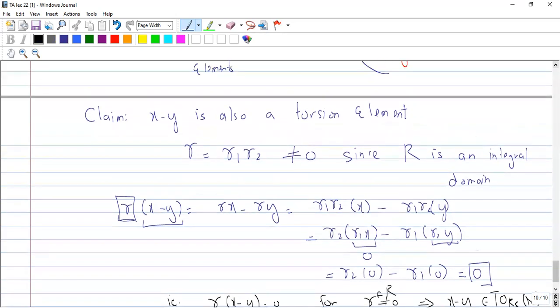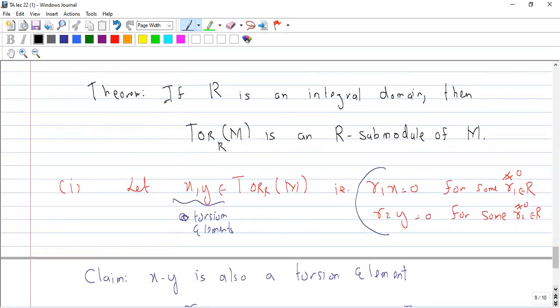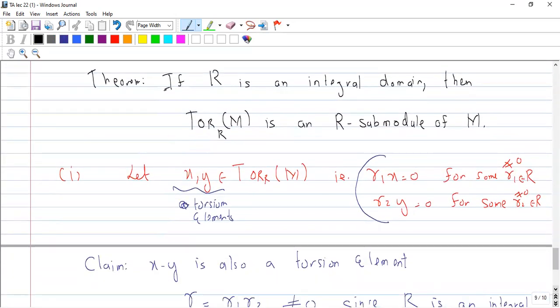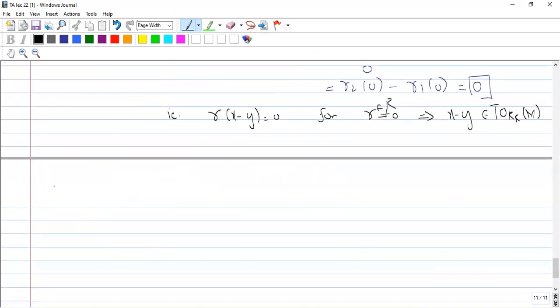So this proves the first part, that if x and y are torsion elements, then their difference is also a torsion element. Now for the second part, it is easy to see that